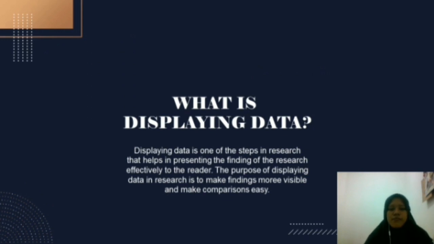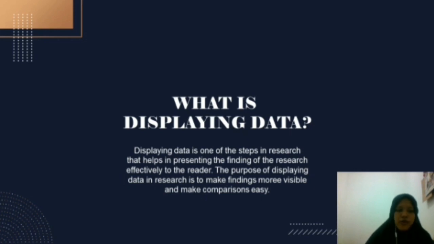What is displaying data? Displaying data is one of the steps in research that helps in presenting the findings of the research effectively to the reader. The purpose of displaying data in research is to make findings more visible and make comparisons easy. It is important to display data accurately because it helps in presenting the data, and when the researcher